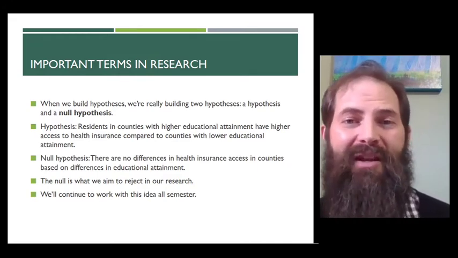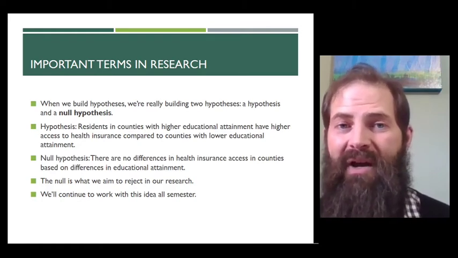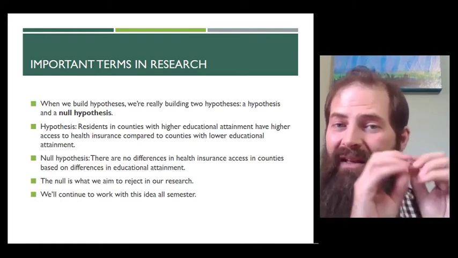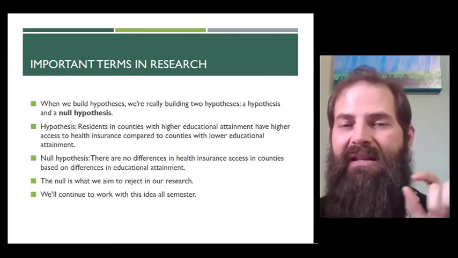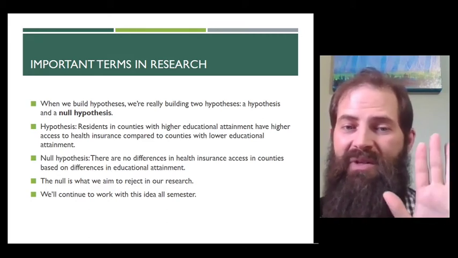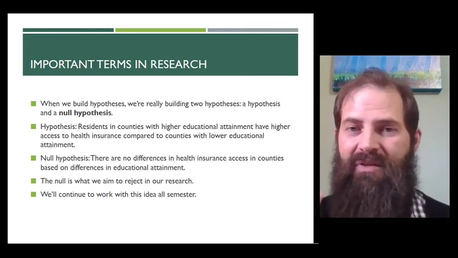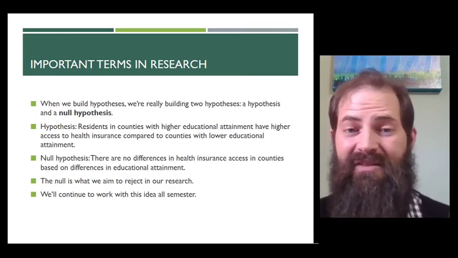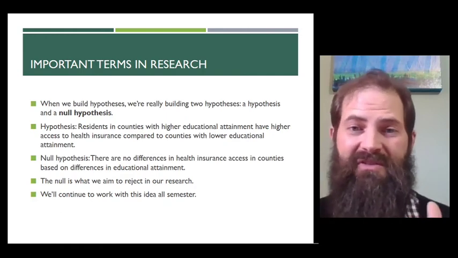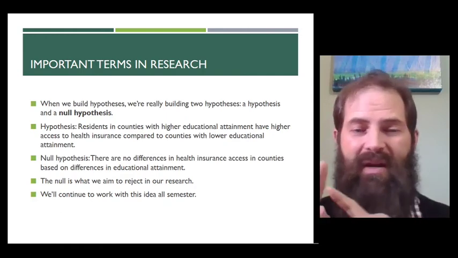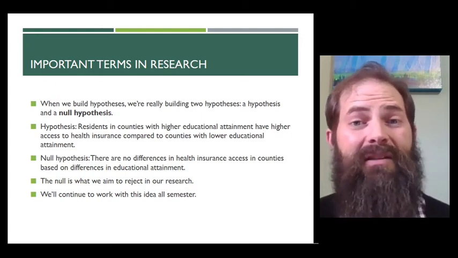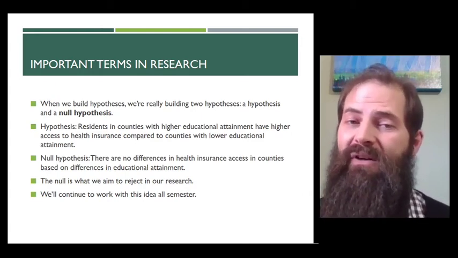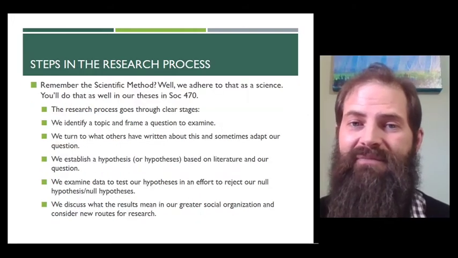Now, what I want you to get in the process of, as you practice writing hypotheses, is to always write a hypothesis with an independent and a dependent variable, and then behind it a null hypothesis where the independent variable has no relationship to the dependent variable. It's often just as simple as saying that there's no difference in the dependent variable based on the independent variable. These are basic ideas, but we're going to bring them up many, many times, and don't worry, you're going to have a chance to practice them as well.